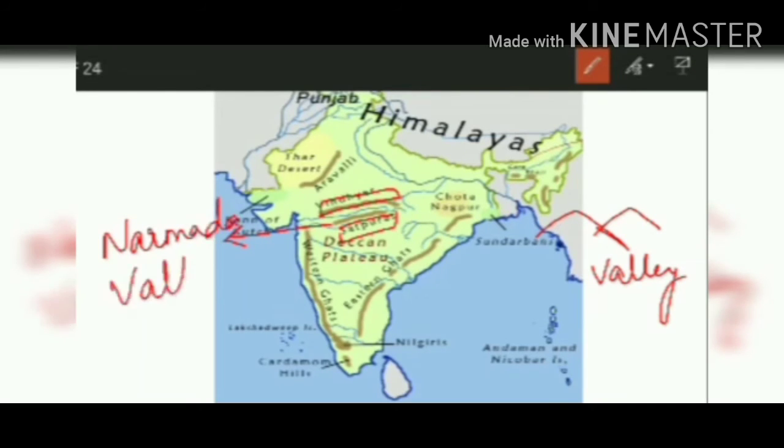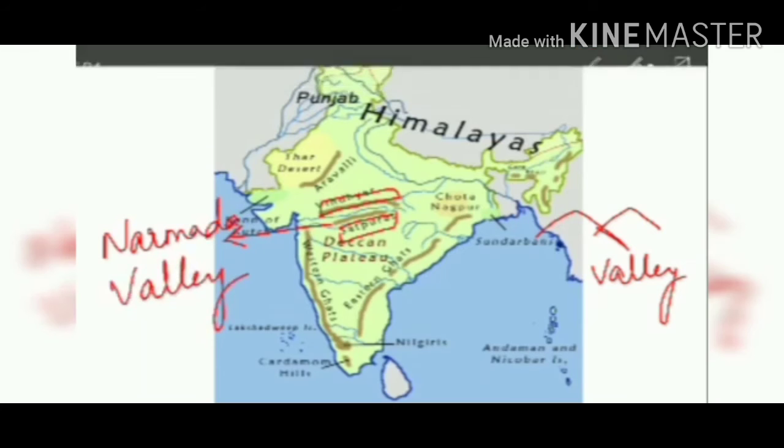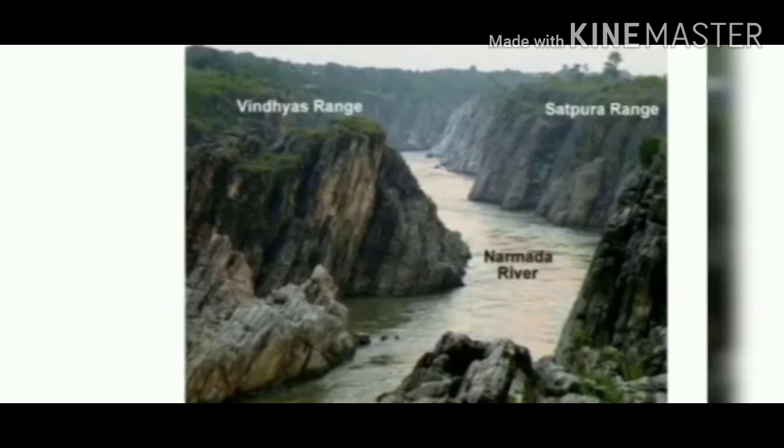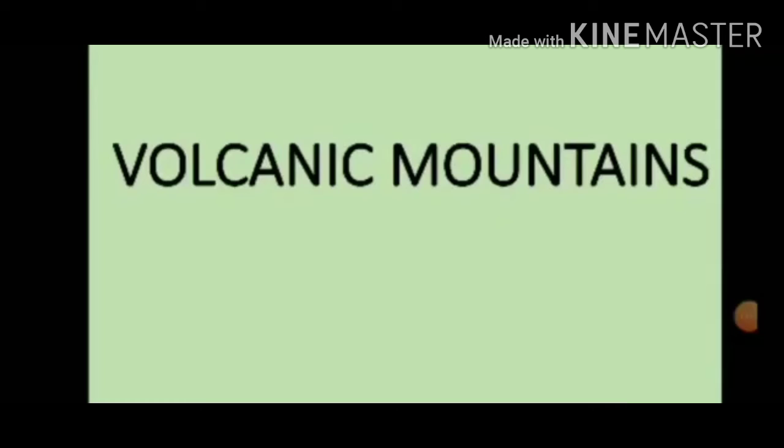And when the temperature and pressure are very high inside the earth, magma, ash and gases are pushed towards the surface and they erupt in the form of volcanoes. Children, when it is inside the earth, it is called magma, and once it comes out of the surface of the earth through the vent of the volcano, it is called lava.